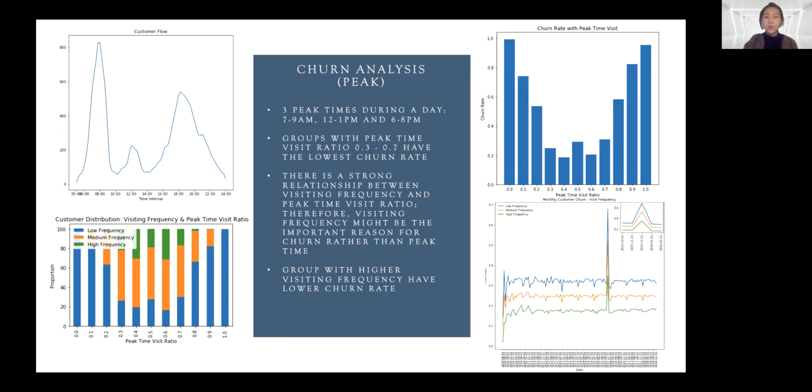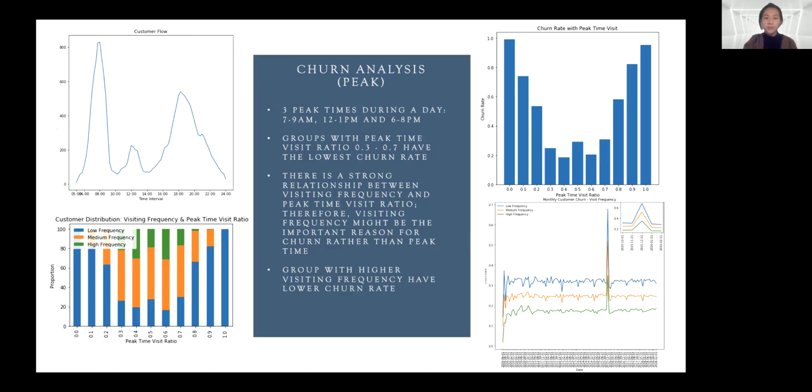Then we compare the visiting frequency for different peak ratio groups, and we notice that the members with low peak ratio seldom go to the gym. This probably explains why the churn rate goes down first in the second graph. Also, the pattern of the visiting frequency distribution looks very similar to the churn rate distribution. So we guess customer visiting frequency is a potential factor influencing the churn, and we develop the